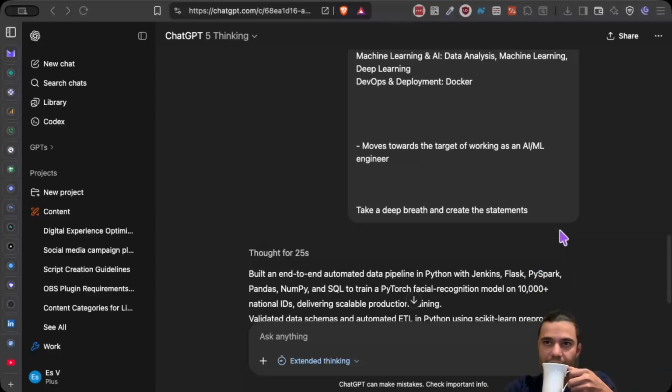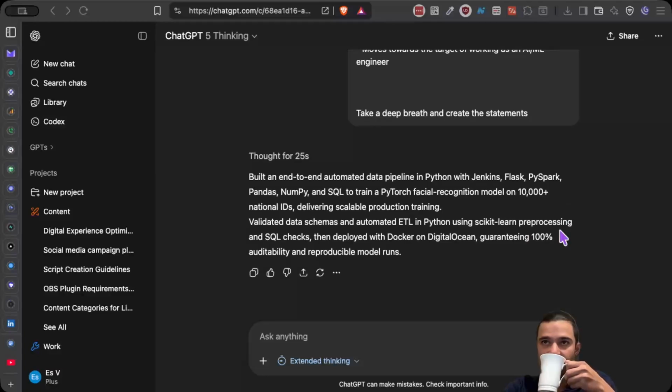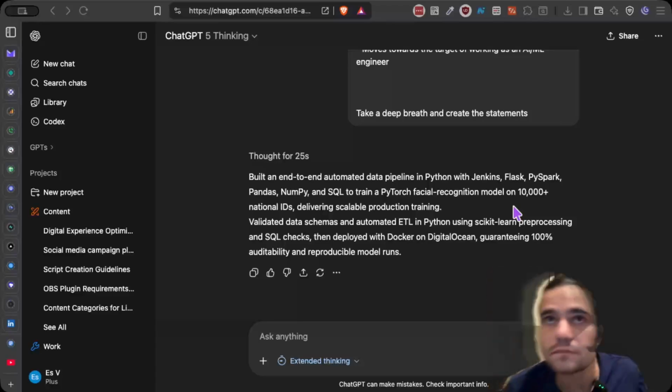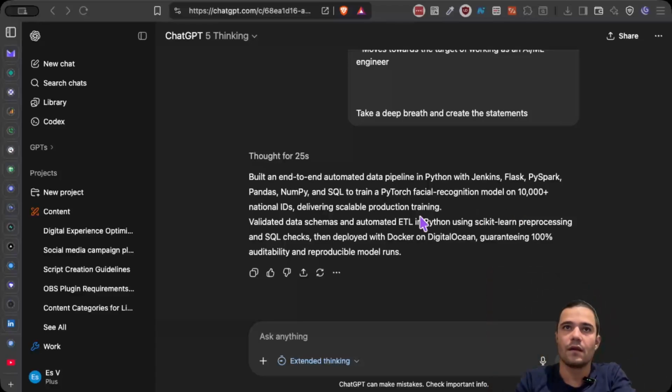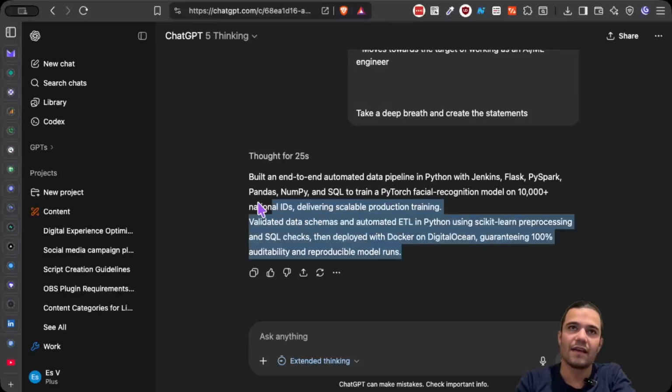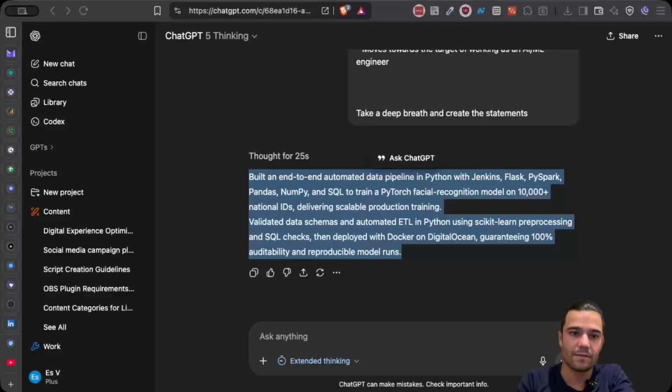Okay, we thought for 25 seconds. Okay. Built an end-to-end Jenkins. Okay, this is almost too many keywords. And this is fine for now because we're gonna edit it again anyway. So this process is